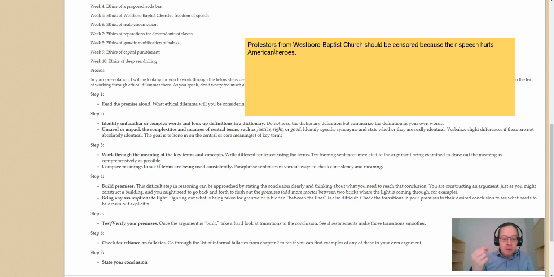And I think by unpacking these words, by providing a definition, and in step 3, working through the meaning of these key terms, I'm able to come to the conclusion that a lot of my words are just far too vague. So by protesters, I guess I'm talking specifically about vocal protesters of American soldiers, or vocal protesters. How about that? That probably doesn't work. How about